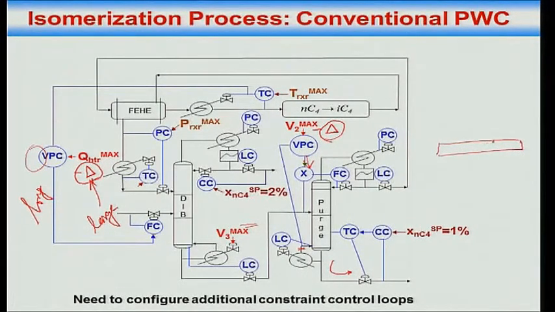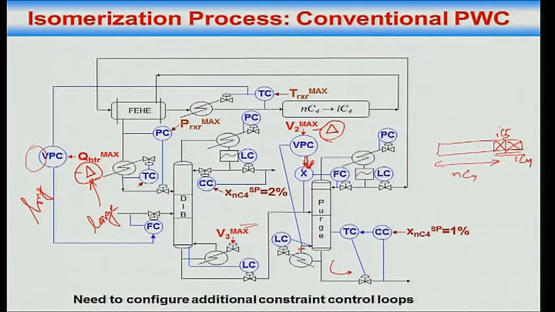So the figure that I drew, the feed to the reactor is mostly NC4, a little bit IC5 and a little bit IC4. If I drive this to 0 and if I drive this to 0, then I can suck in more. That remains. So how do I drive these to 0? By basically driving the boil ups to maximum. How do I drive the boil up to maximum? In this case, I will say, okay, jack up this ratio set point.